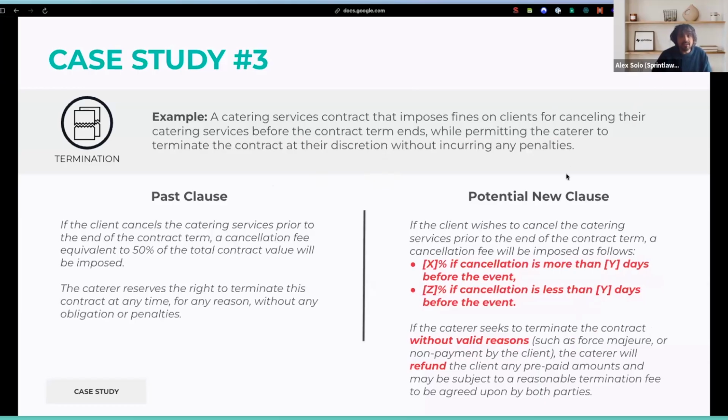Case study number 3. We have a catering services contract that imposes fines on clients for cancelling their catering services before the contract term ends, while permitting the caterer to terminate the contract at their discretion without incurring any penalties. So this is common. Service providers would say,